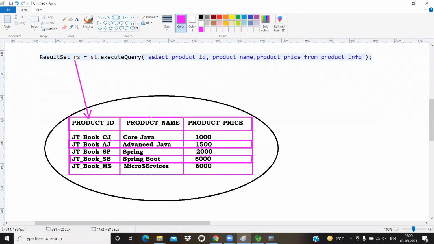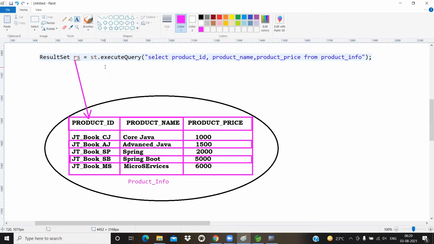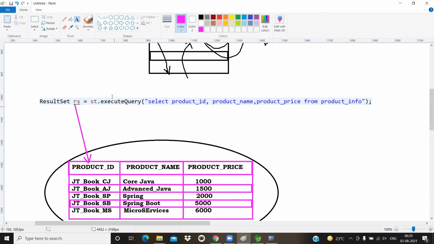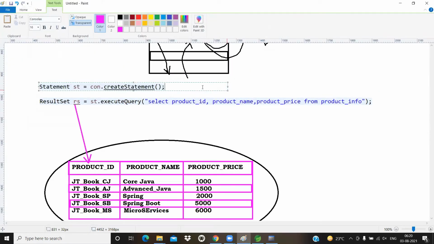Here we have a product info table, and in that table we have some records. Now I didn't mention what type of result set I require while creating the statement object. I didn't inform the statement what type of result set I require exactly. Who is creating the statement object?